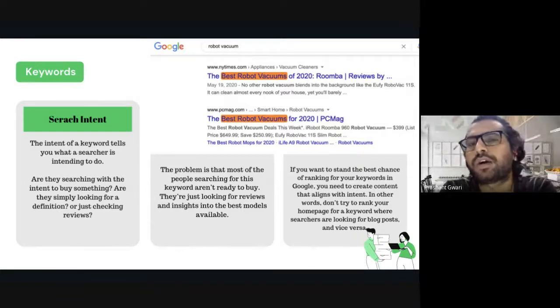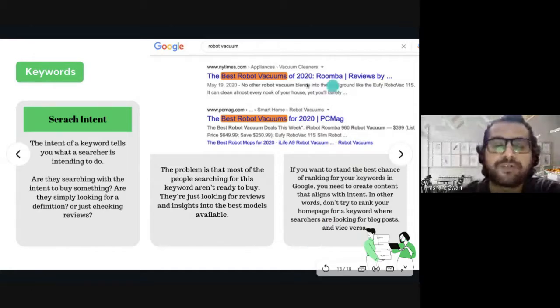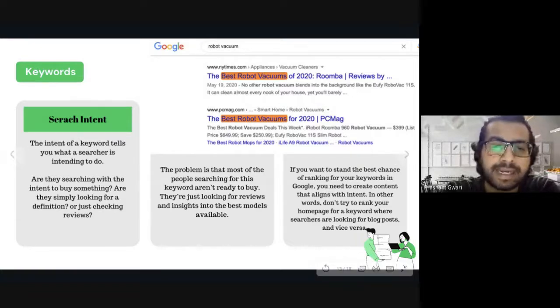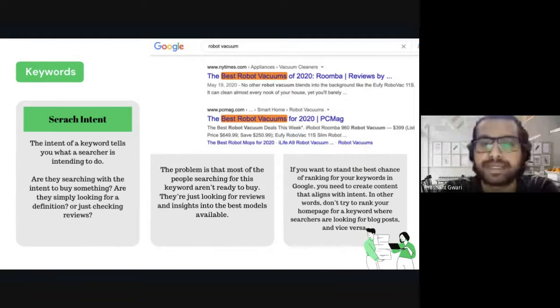Everyone goes to Google or Yahoo for a different reason. We go to Google to check reviews, ask for directions, and answer our questions. If we have doubts or want to buy something, you have to find out the right intent for your keyword. For example, "robot vacuum" is a really popular keyword. The problem is you will find out that no one is actually buying the robot. They are mostly looking for reviews and insight on that model of robot vacuum cleaner.